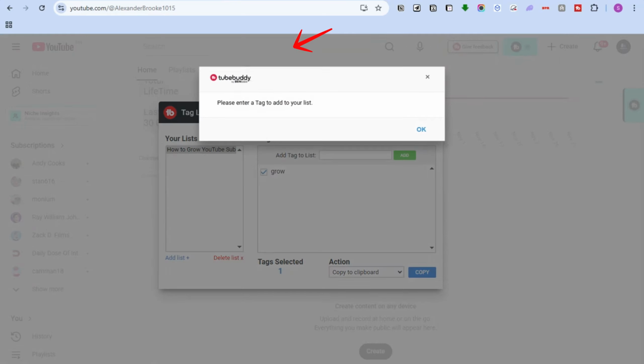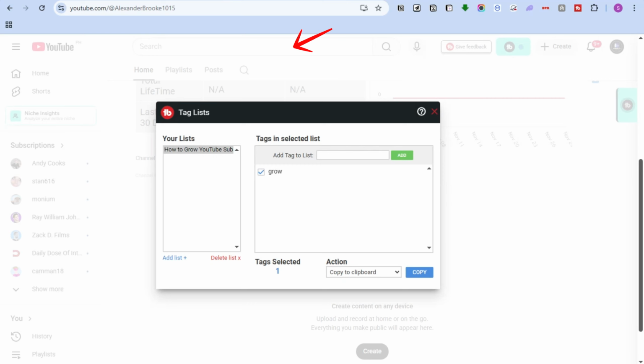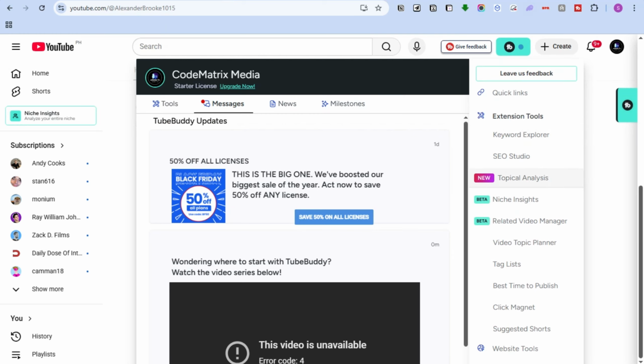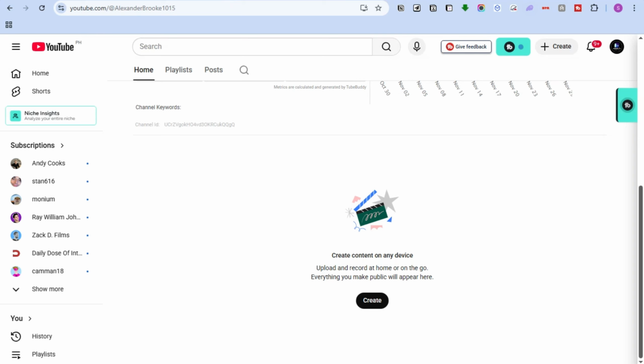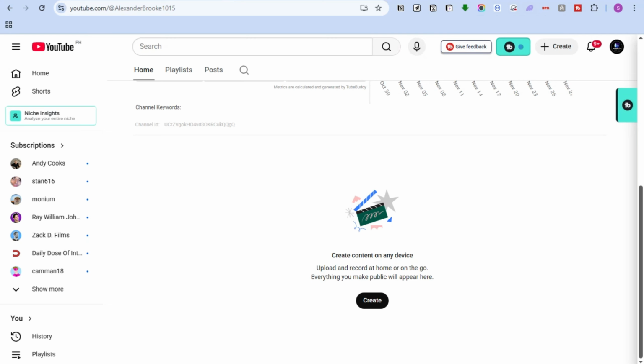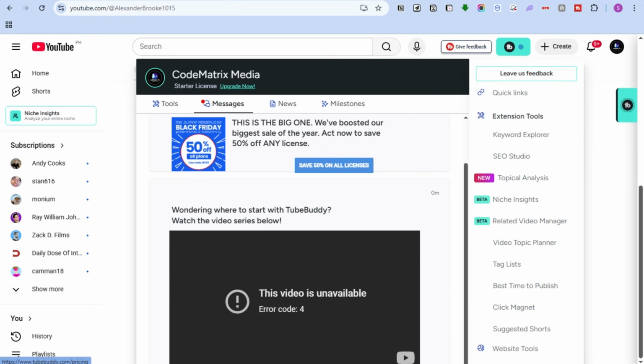So once you have uploaded or while uploading, you can add tags to your video. You can also do A/B testing for thumbnails. You can do competitor analysis. So TubeBuddy allows you to track up to 20 channels similar to yours. Also SEO Studio. Use Click Magnet to identify winning content, upload checklist, use TubeBuddy Analytics, best time to publish,